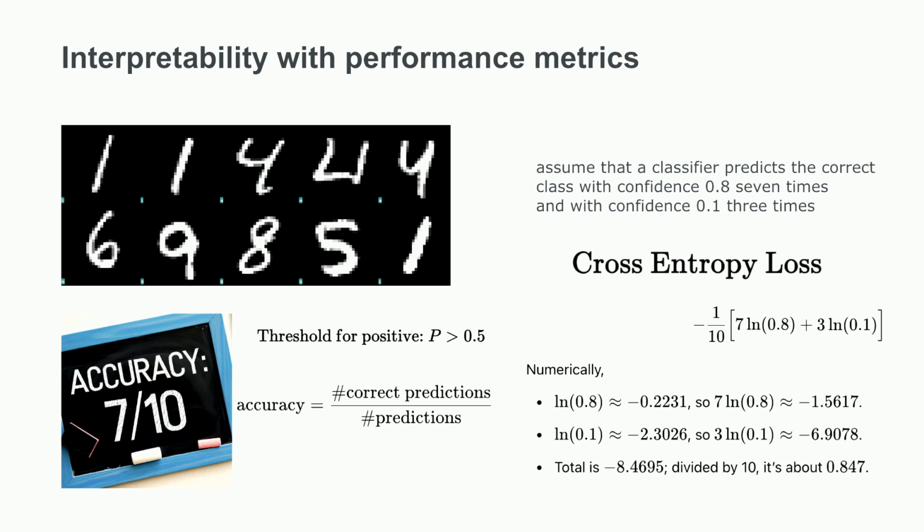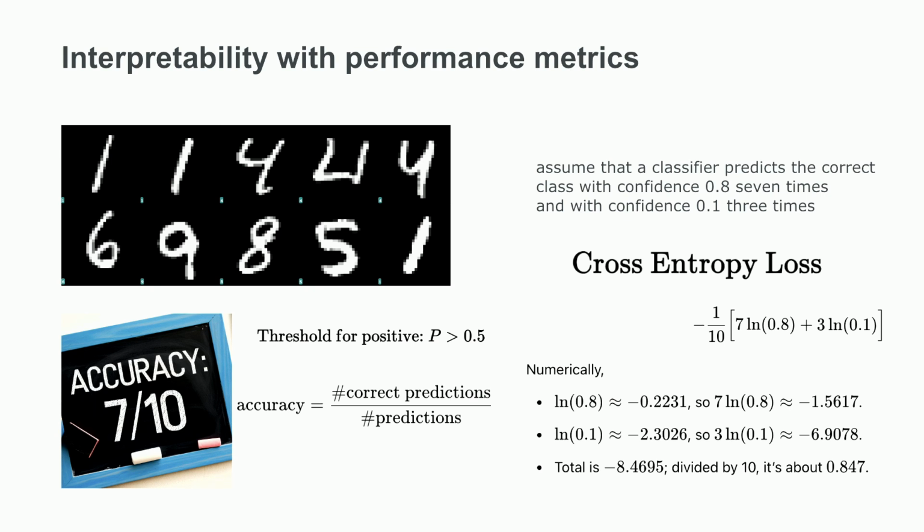So let's think about what we were doing with the MNIST dataset, and imagine that we have a classifier that does 10 predictions: 7 really confident correct predictions with 0.8 probabilities, 3 uncertain correct predictions with 0.1 probability. And then if we were to look at the values in cross-entropy loss, we're going to get a total loss that is about